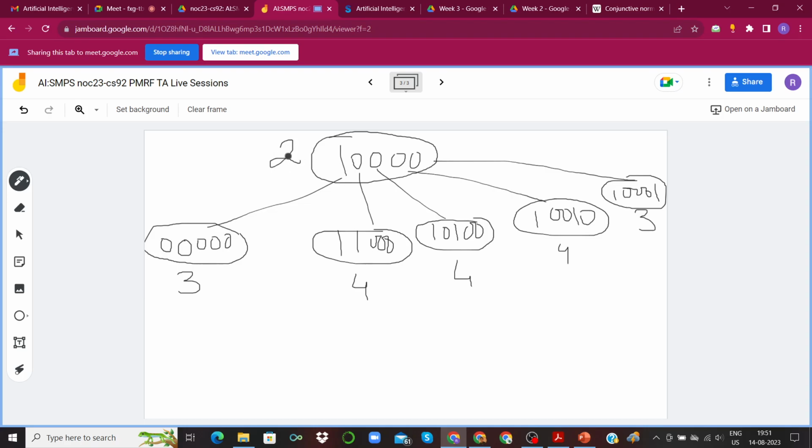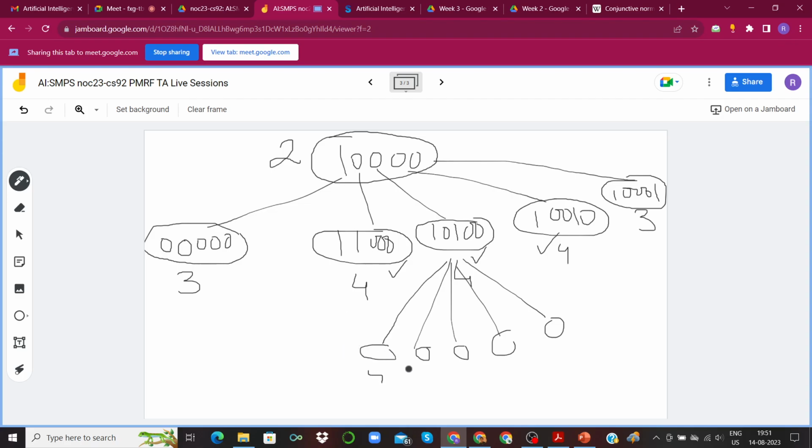We would like to go to a next node which has the highest possible heuristic value, which could be any of these 3 nodes. You can decide that based on the algorithm that you are using. Let's say you choose the middle node, then you again invert the bits one by one, arrive at 5 possible states, and again evaluate the heuristic values for each of these states.